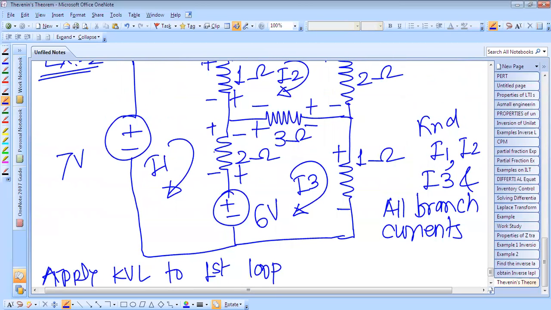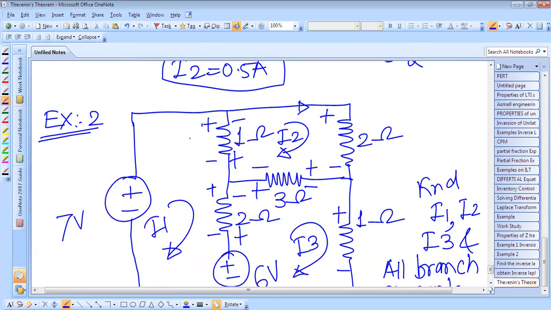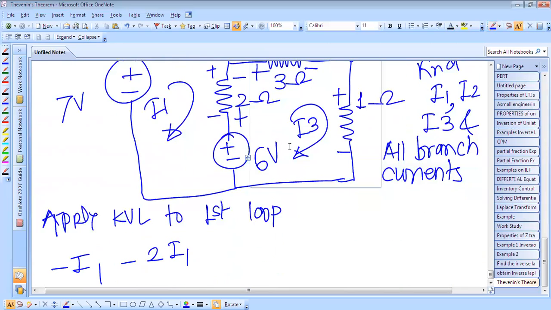So see, there is a 2 current flowing. At the same time, this current I1 is also flowing, and this I2 is flowing opposite to this current. So there is a fall in potential because of this current, but there is a rise in potential because of this I2 current. So we can write here